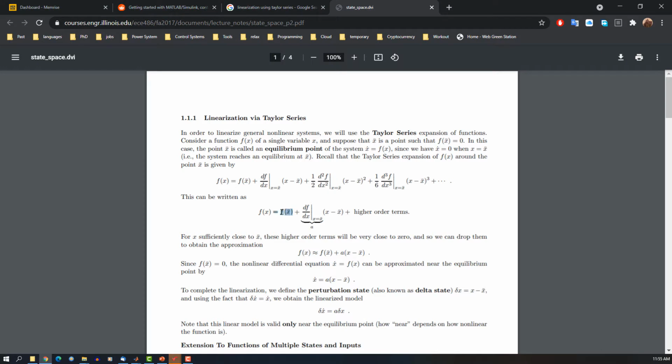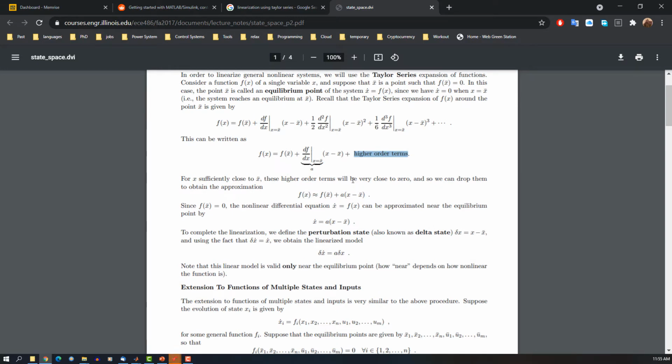the f operating point will equal to 0, and because it's very close to this point, the higher order terms will equal to 0. So the system will be like this if you put at operating point, and also because it's the operating point, this part will equal to 0. You see? Here, they put it very clear. So you have a system like this,